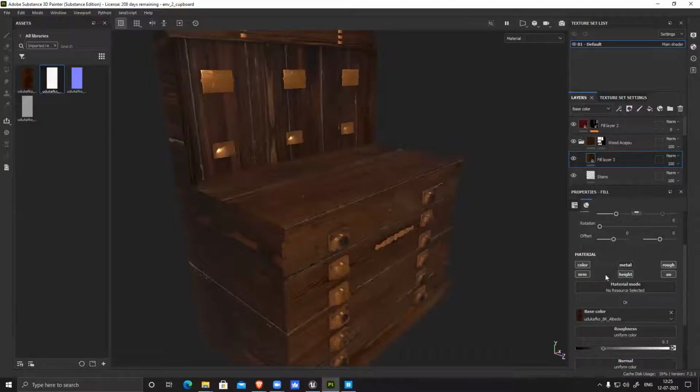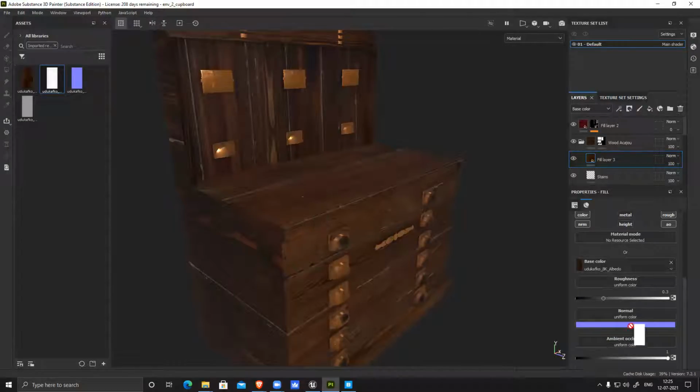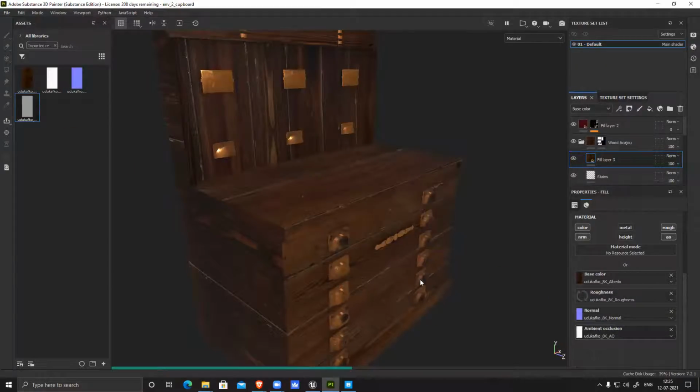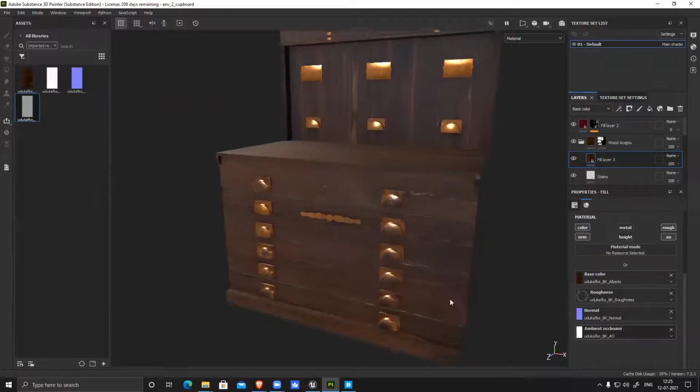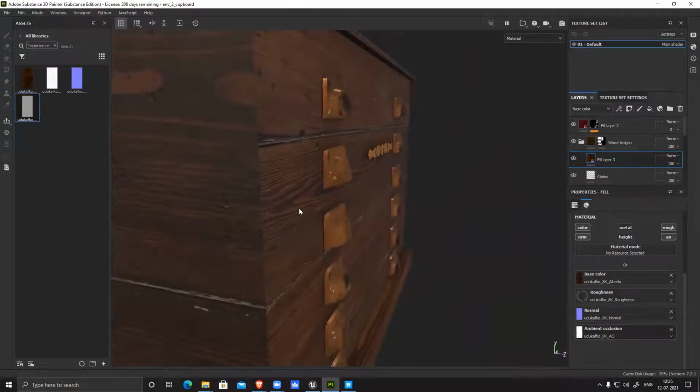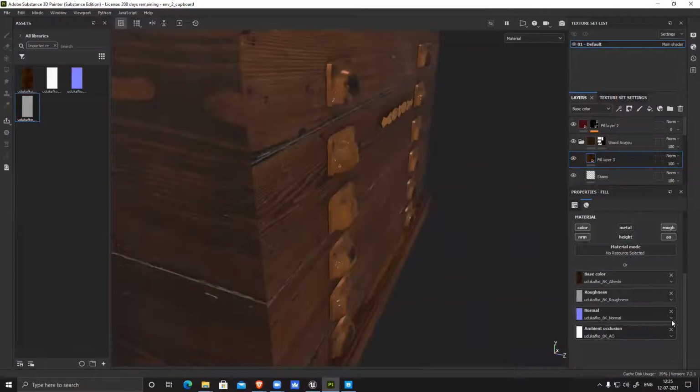And for this, there is no metal, there is no height. Occlusion to occlusion, normal to normal, and roughness to roughness. And here I can see the normal slightly looks flipped. Right now it's bitmap.